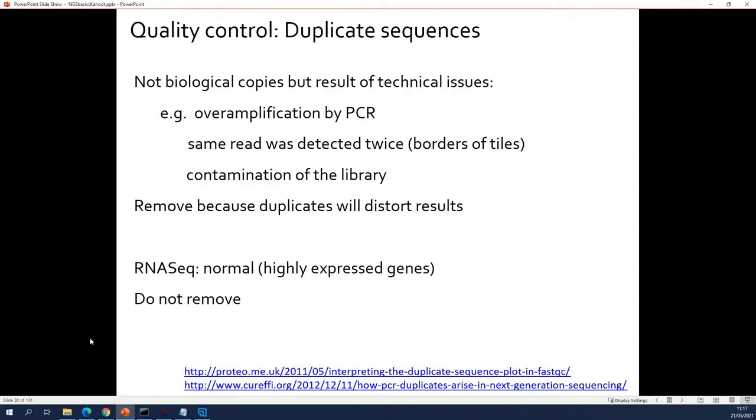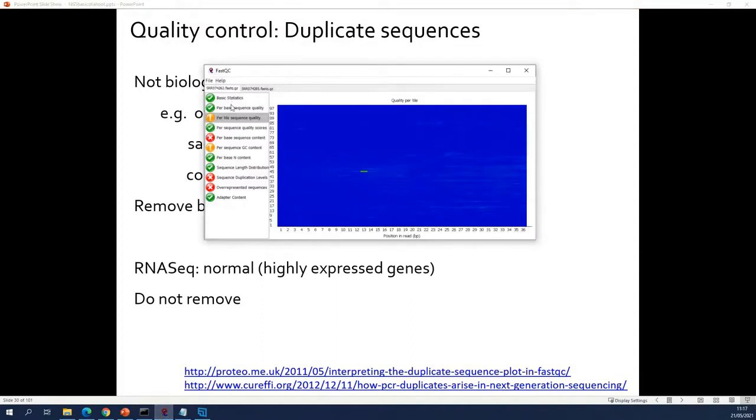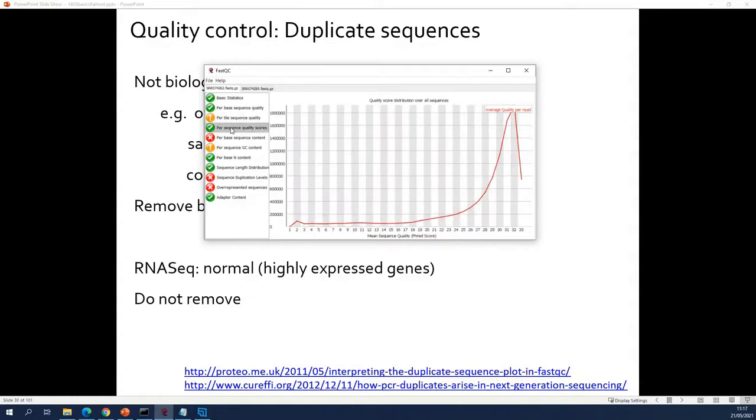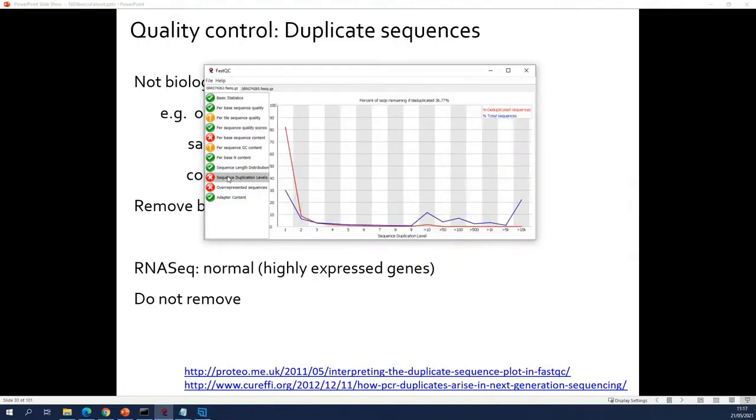So, and that's everything that he checks based on the quality scores. So this plot, and this plot are all based on quality scores. So you see that there's a lot more here that he checks. So for instance, this one. Apart from the quality scores, what is he also checking in your FASTQ file?